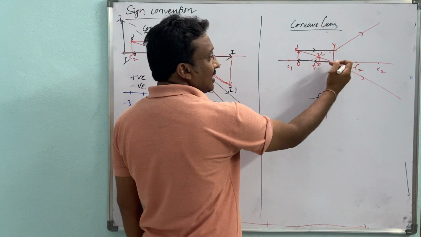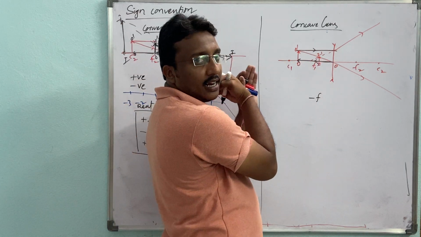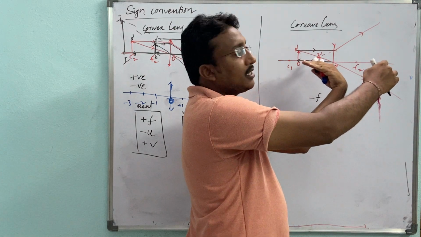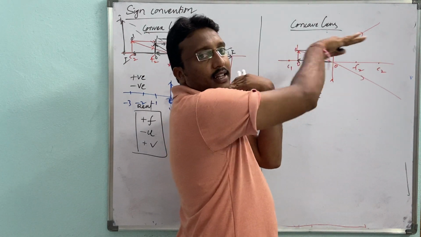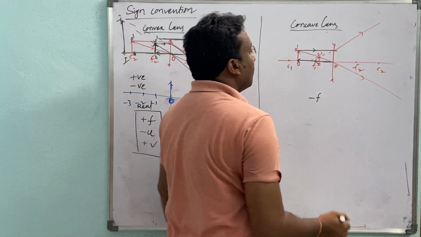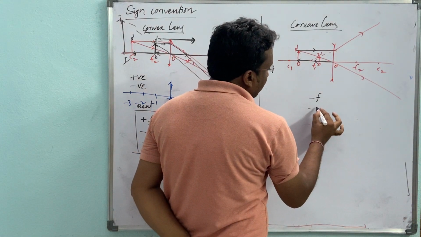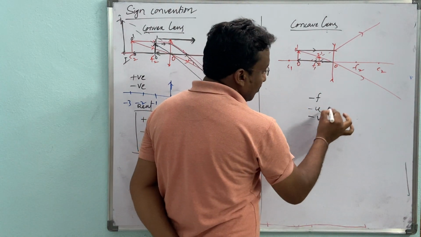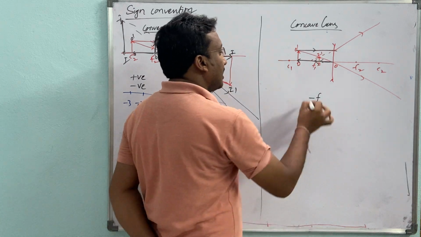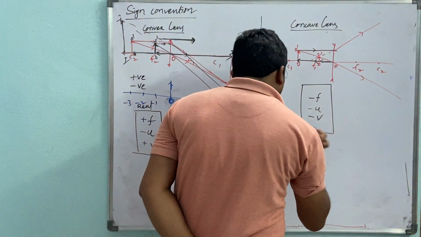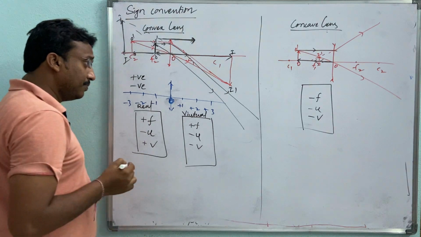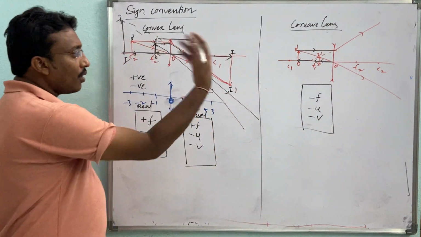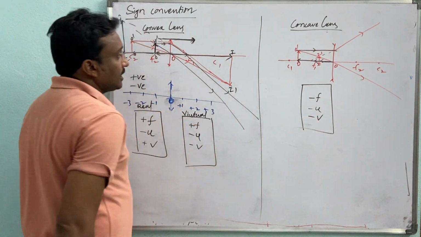Next, object distance. Object distance is measured from the lens on the left side. Incident ray is traveling towards the right. Object measurement is this side and incident ray is traveling in that direction. Both are in opposite directions, no? Right, we have to take minus u. And image distance here also becomes minus v, because both are in opposite directions. This is with concave lens. With concave lens we won't get a real image, no? So that's why we will discuss only one case, right?